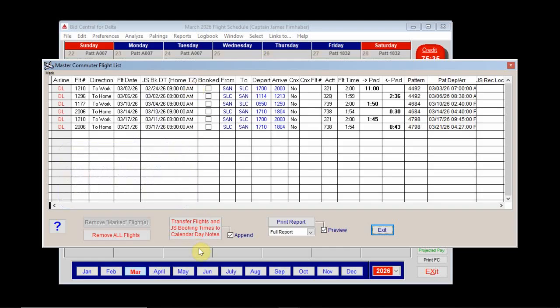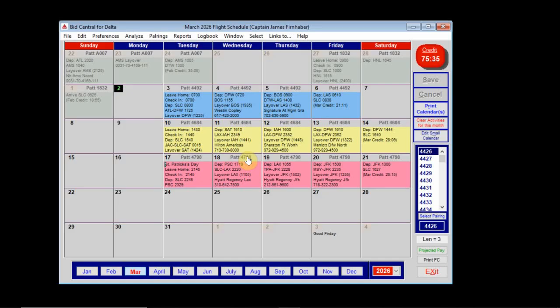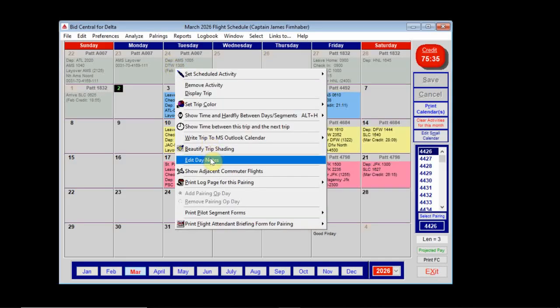And now we're going to transfer all these flights and the jump seat booking times, earliest jump seat booking times, to our calendar day notes. And now if we want to see when these are added, for example, this commute was the day before, so if we go back 6 days, 1, 2, 3, 4, 5, 6,